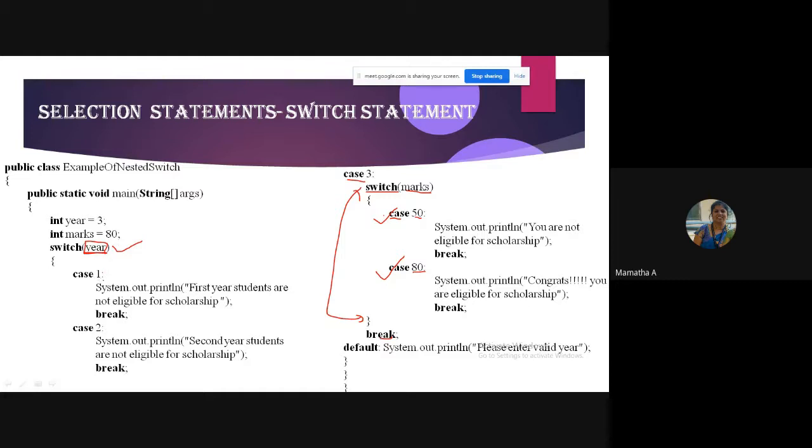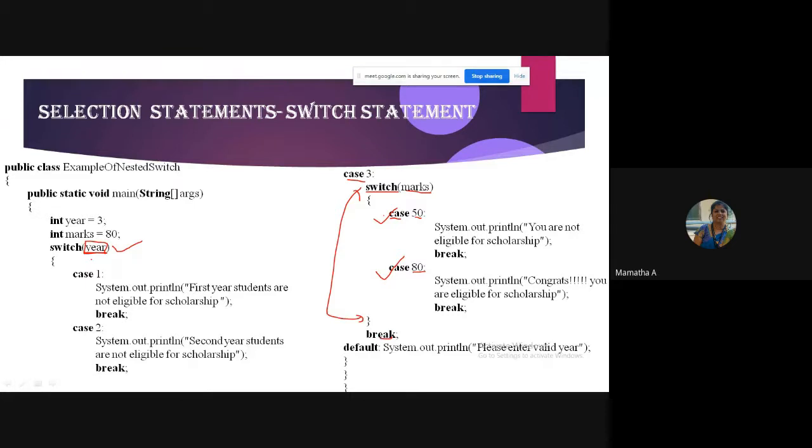In case 1, you will again write one switch statement, and this switch statement will correspond to the colleges available in the city Bangalore. Again, you select some college in Bangalore.